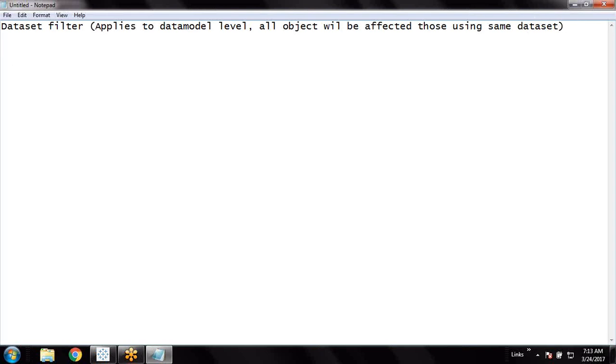The second one is context. It is applied at object level, or sheet level. So in one object, if you make any changes or any filtration, that will not affect the second object. Say for example, in my data set,